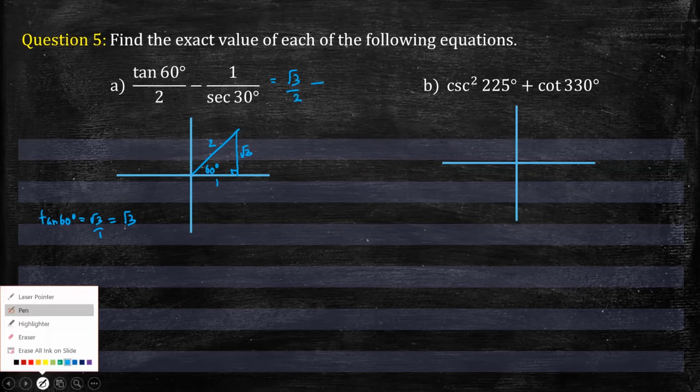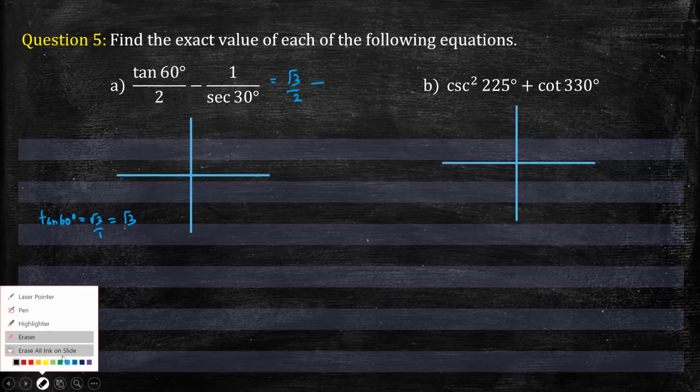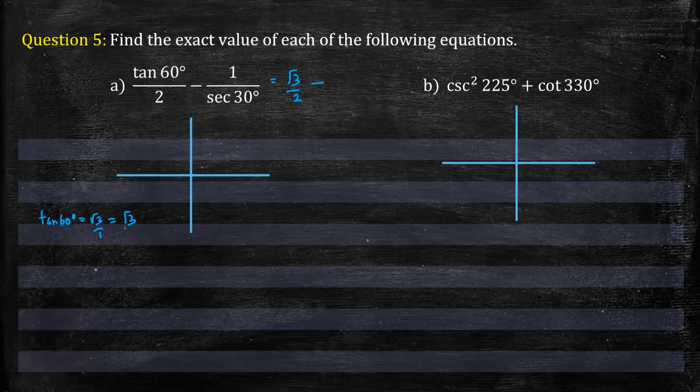So let's clear that section and then we'll do this sec 30 part. So you've got 1 on sec 30 degrees. So 1 on sec 30,